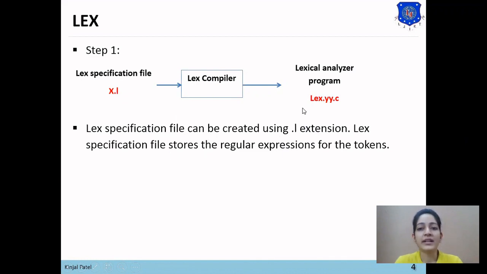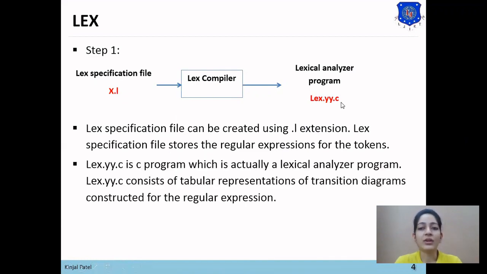So it will generate the lex.yy.c program file. lex.yy.c is a C program which is actually the lexical analyzer program. It consists of a tabular representation of transition diagrams constructed for the regular expressions. So the x.l program will be passed to the Lex compiler, and it will generate lex.yy.c.